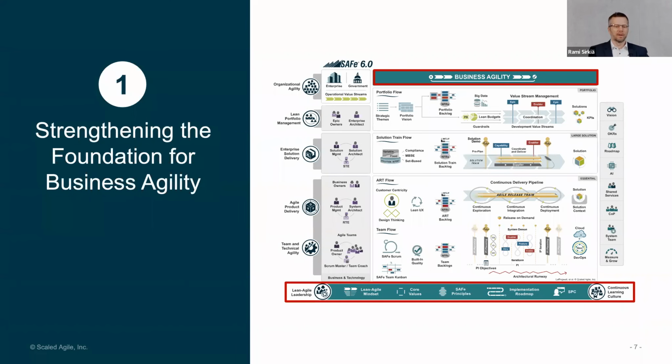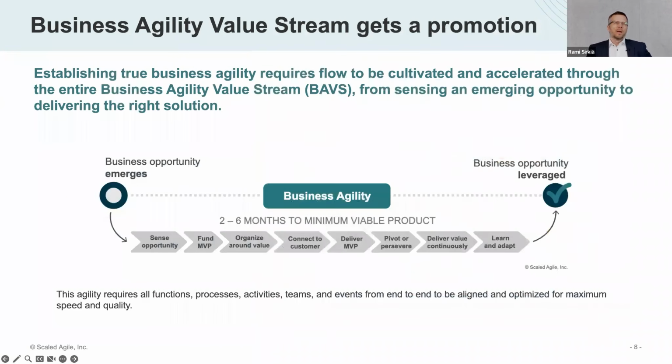That's about the strengthening of the foundation, and strengthening that in favor of business agility. Now, in this picture, you can see the particular domains that we are talking about using this Big Picture. So we're talking about the foundation and we're talking about business agility. None of the value streams are typically fixed for a long time. As an organization that wants to be agile, that wants to be ready for the future, you need to be ready for changes. And that means for the value streams as well, whether it's an operational value stream or a development value stream.